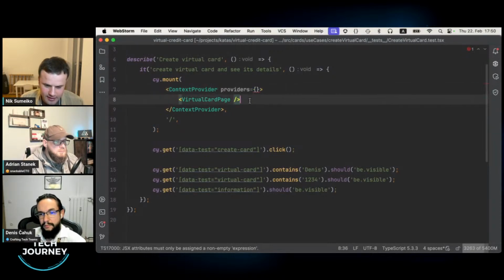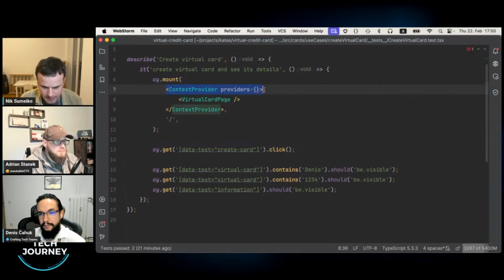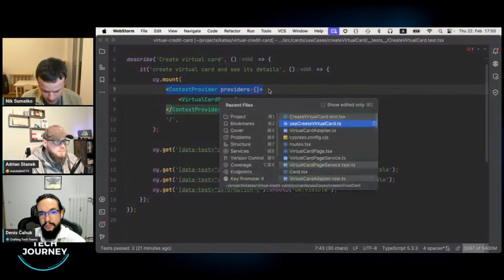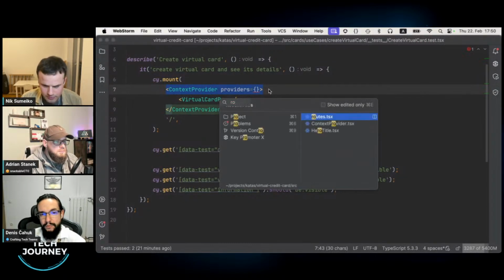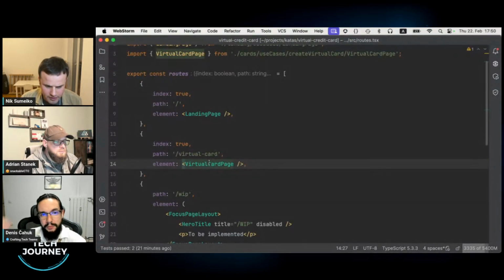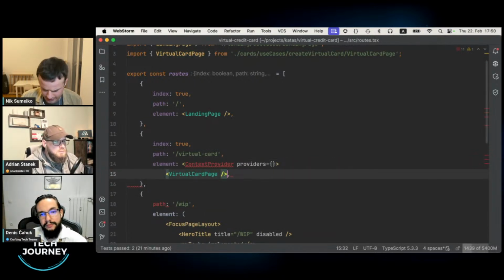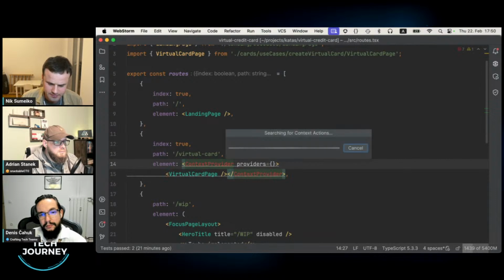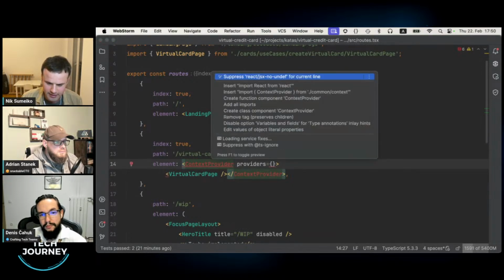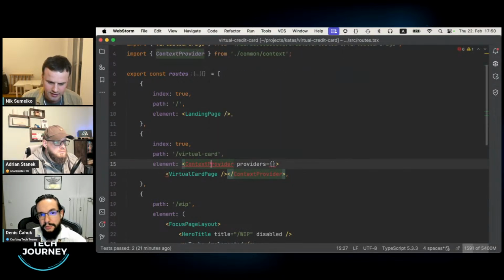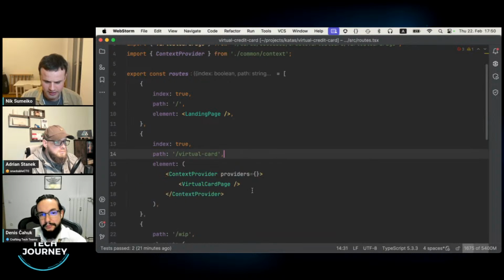But in production code, if we go to our routes where the page is used, we will plug in a production implementation. So I'm wrapping this into providers. You gotta import it, yeah. We just need to put here something, okay?